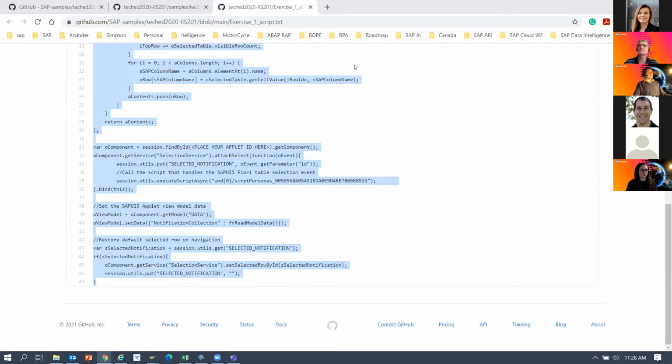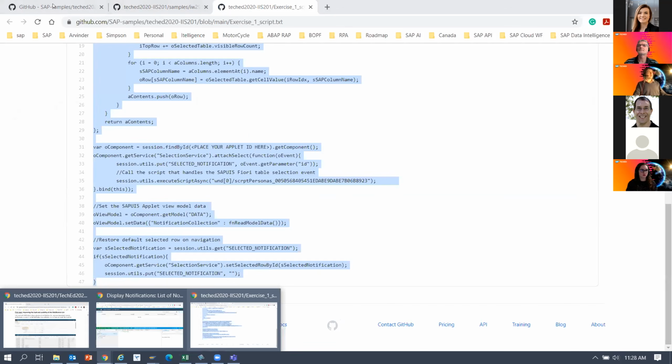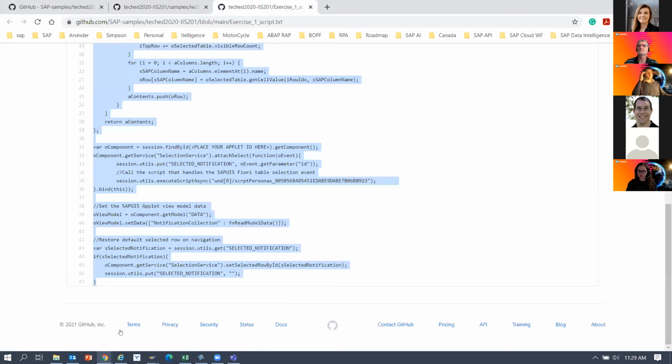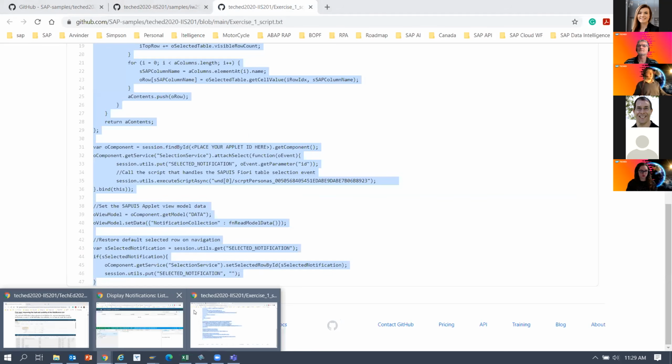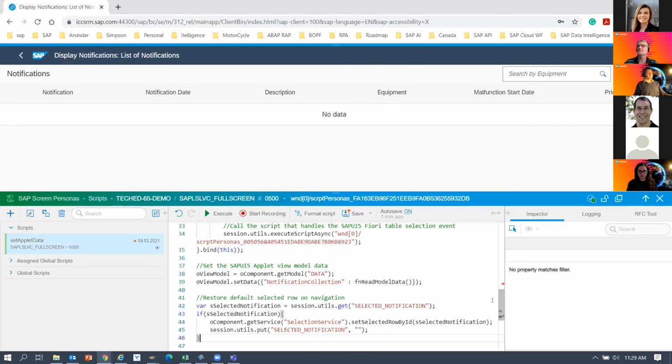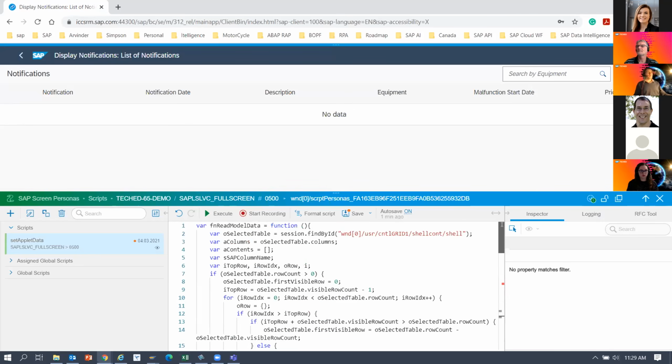Okay, so that's the script source, and let's copy it into the Personas scripting editor as soon as you have it, and simply paste it. Very well. So we have some tasks to do. If you scroll down somewhat,